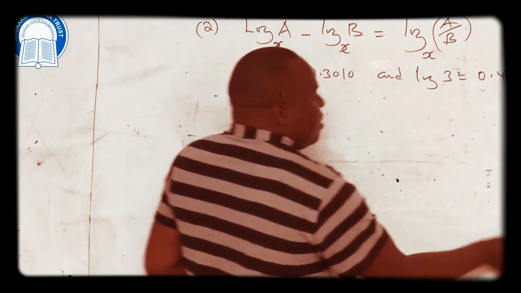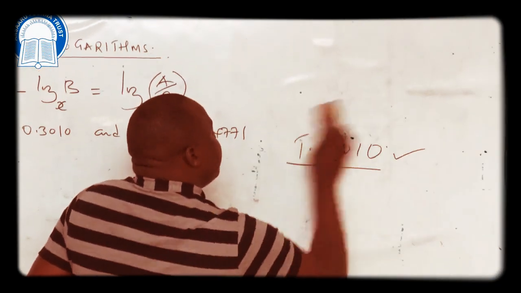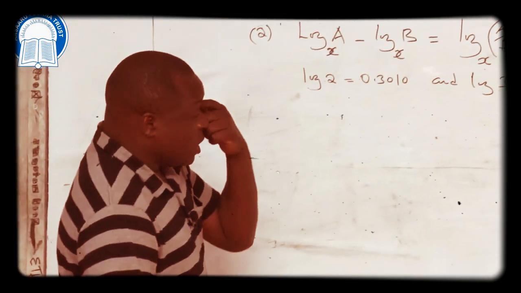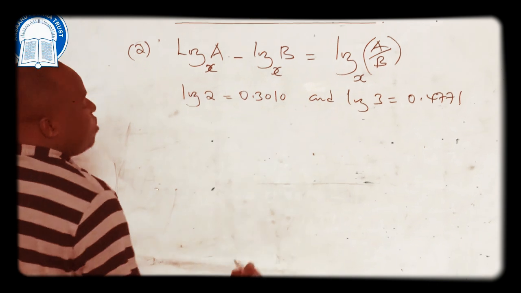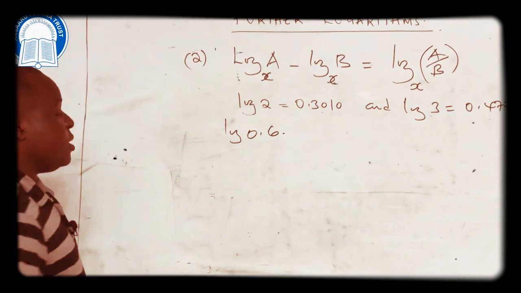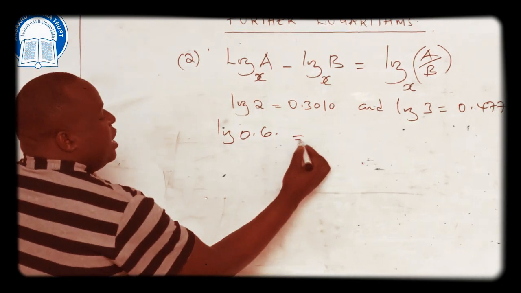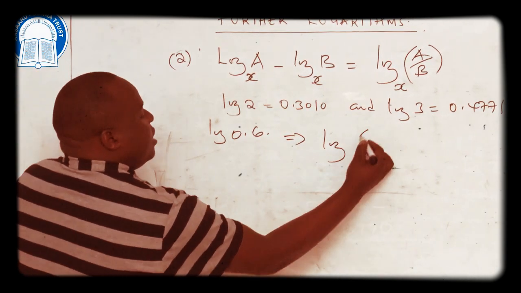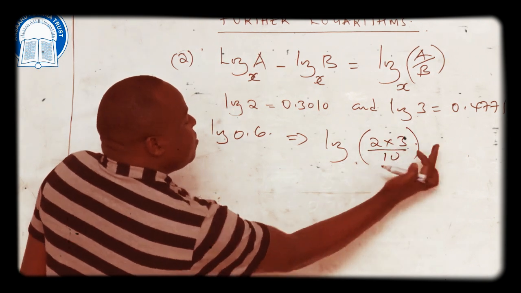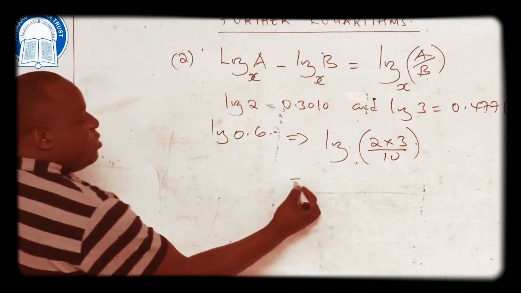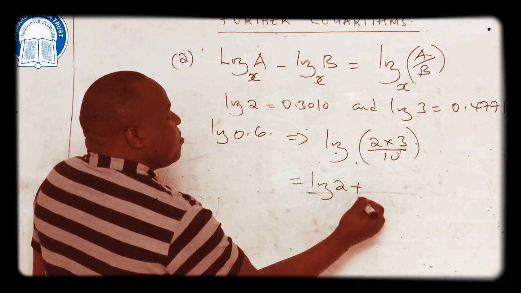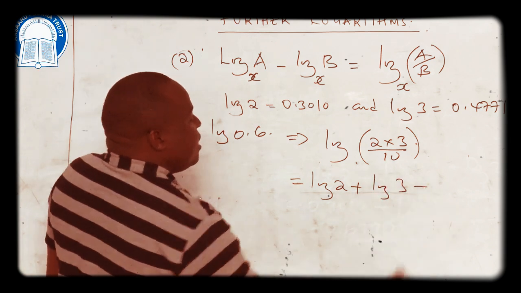The one that involves the process I just explained here. So look at this question. My next question is, we are supposed to find the value of, now I want to use all the two values, log 0.6. Then 0.6 clearly should be log into brackets 2 times 3, then divide by 10. This gives you 0.6. So according to the explanation, this is the same as log 2 plus log 3, then